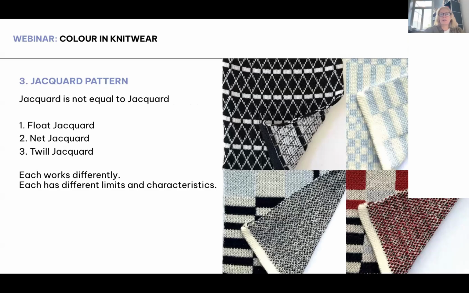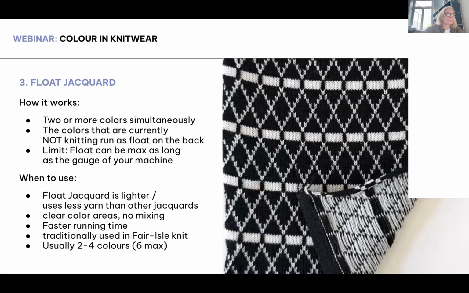Then we come already to the jacquard patterns. So we have many different kinds of jacquard patterns. I will talk about three different ones today, which are the flow jacquard, the net jacquard, and the twill jacquard. And I will explain the difference. Because jacquard for most people is like playing around with patterns, and then I have a jacquard structure, but it's good to know the difference between them. So for the flow jacquard,